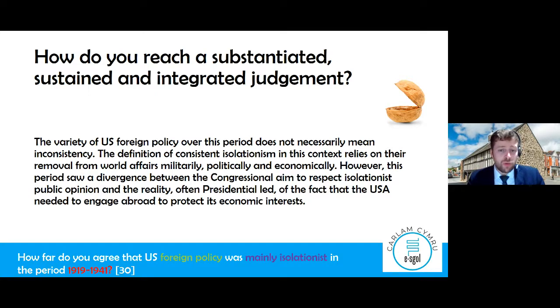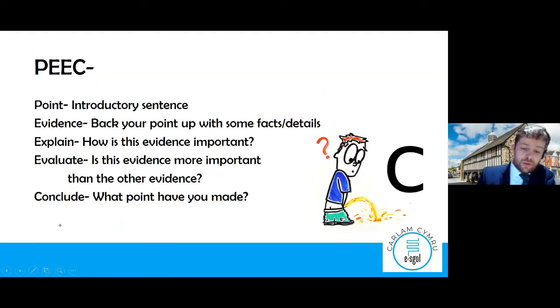However, this period saw a divergence between a congressional aim to respect isolation of public opinion and a reality, often presidential-led, of the fact that the USA needed to engage abroad to protect its economic interests. So you can see what I'm going to be arguing here is that protectionism,